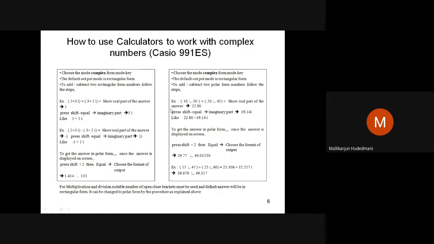So suppose you would like to see polar kind of operations. You can see here bracket a polar quantity, bracket a polar quantity. Then if I want to add, equal, shift equal, that process is the same. This is the answer. Suppose you are interested to see its answer in polar form. You can see here shift 2: you have to hit the shift key, next the number 2 key on the pad. Then you will get answer format styles. Choose the format you like, then get the answer. This is how in 991 ES, quite advanced, one step advanced I can get.